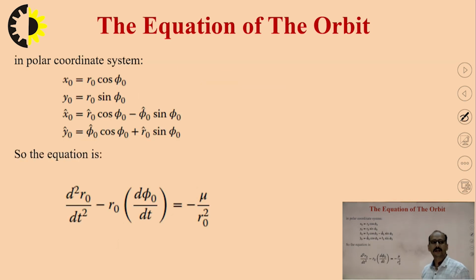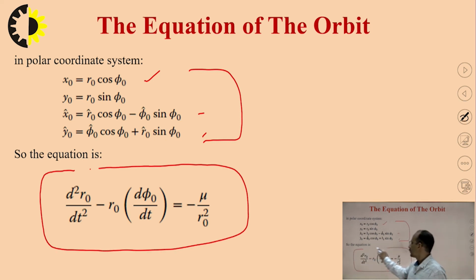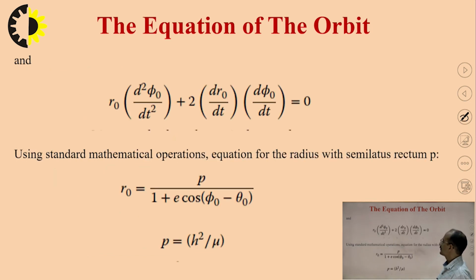In the polar coordinate system you get these equations: x naught is equal to r naught cos phi naught, and y naught is equal to r naught sin phi naught. By simplifying these equations, you can convert the second order differential equation into polar coordinates. This is the second order equation in the polar coordinate system. By solving this, we will get